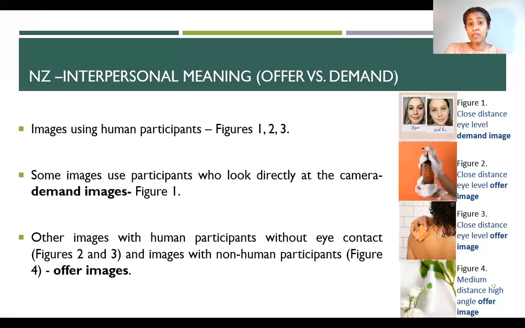So the humans in such images demand viewer attention and want them to engage with the results of using the product as visible on their faces. On the other hand, 4 images with human participants like figures 2 and 3, along with 30 images with non-human participants like figure 4, were classified as offer images. They did not present any visual gaze, and the images only offered information to the viewer without initiating a visual